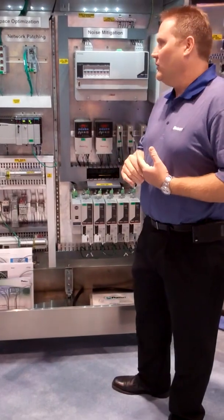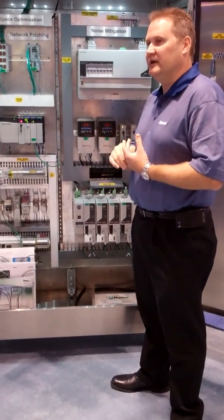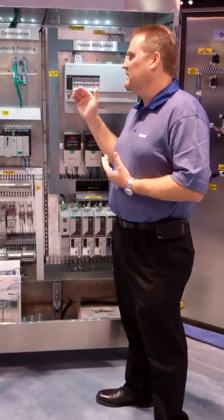And finally, what you can see at the Panduit booth is, again in that networking area, our network patching ability and integrating the networking layer into the panel itself. Panduit has some new products available with fiber